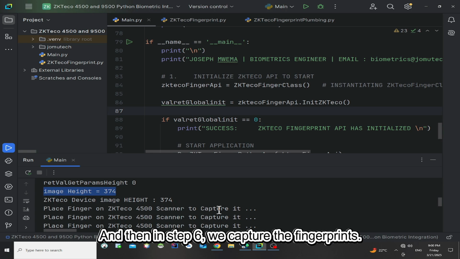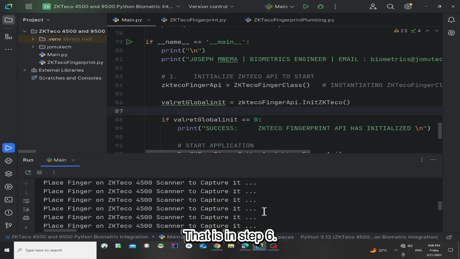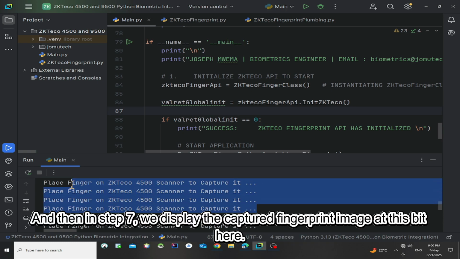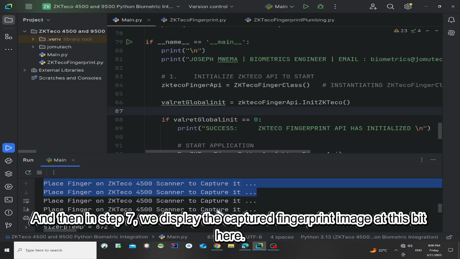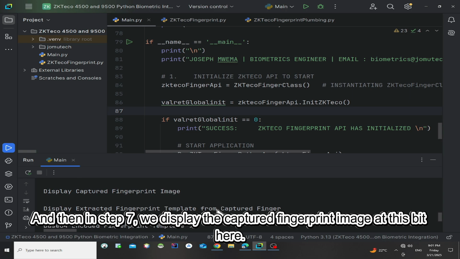And then in step 6, we capture the fingerprints. That's why you see these prompts here. That is in step 6. And then in step 7, we display the captured fingerprint image at this bit here.